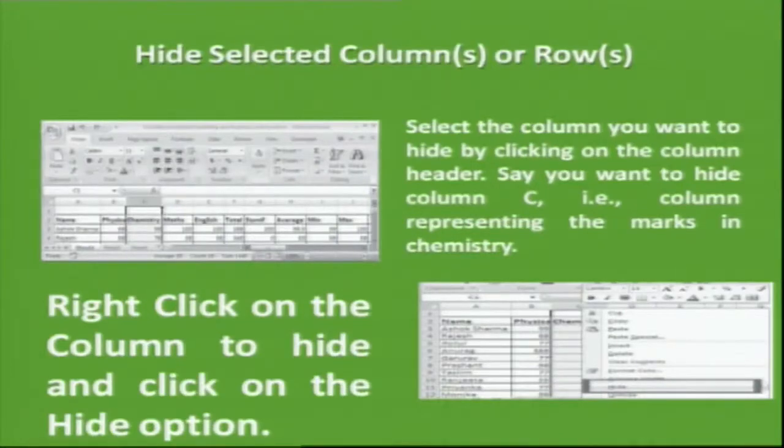The insert option will help us to insert rows or columns. Suppose I want to insert one row, then I can choose the option insert, and one row will be inserted. If I select 2 or 3 rows and choose the option insert, then 2 or 3 rows will be inserted. So how many rows or columns I select determines the number of rows and columns inserted on the worksheet.